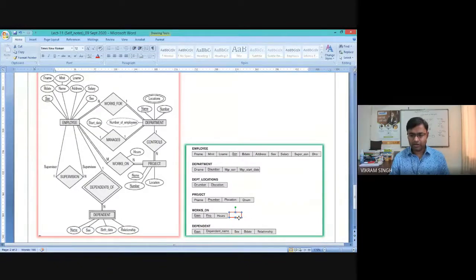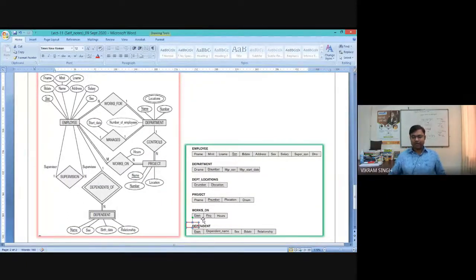Now we are going to the dependent table. If you see carefully in the dependent table, we have these basic attributes like dependent name, gender, birth date, and relationship. Now to represent the 1:n relationship between employee and dependent, we have added this ESSN as a foreign key here.